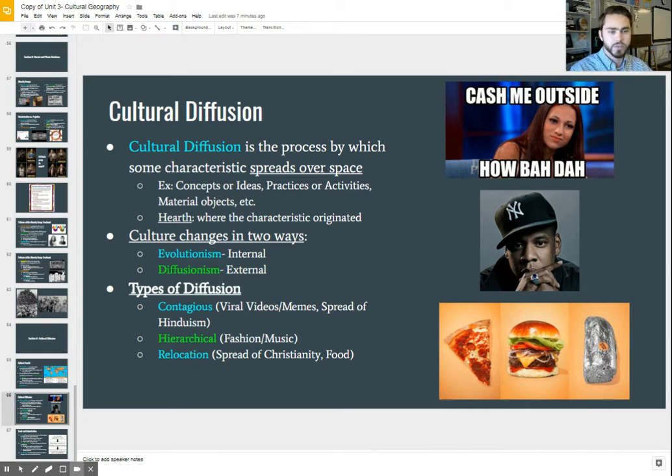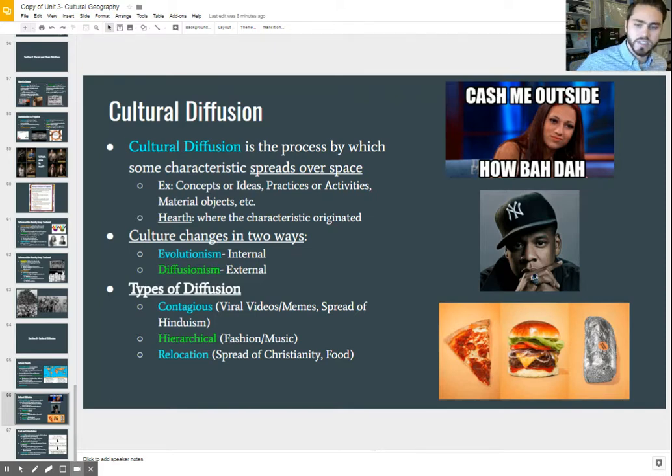The first thing they might do is evolve over time. This is how it changes from one particular way to another. An example might be how eventually tea would go from being mostly green tea to later changing over time to black tea, and then when it moved to the American South it became the sweet tea that we see today. That's how not only it diffused, it moved from place to place, but also it evolved in these different places that it went to. So culture not only moves from place to place, it also changes internally.